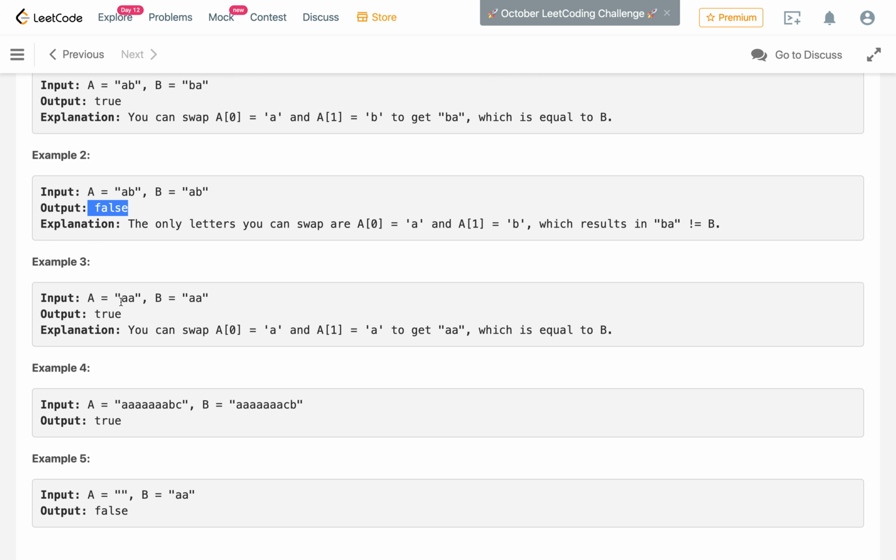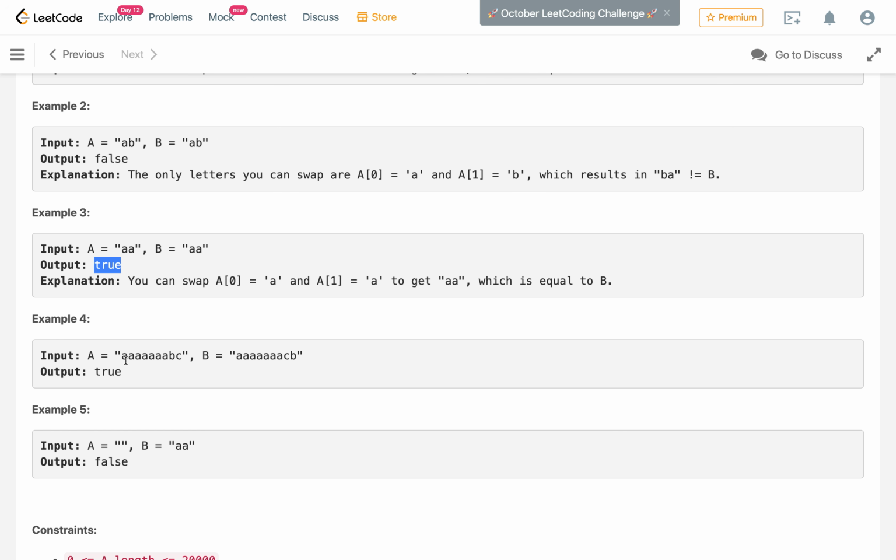In this case, both strings A and B are equal, but both have the same character A two times, so we can swap them: this A can go here and this A can come here. This allows us to swap between index 0 and 1, and even after swapping the characters we are getting A equals B, so we have to return true. For this example, all the characters till A are the same in A and B, but B and C are swapped. If we swap B to C in A, or C to B in B, we will get A equals B, hence we have to return true.